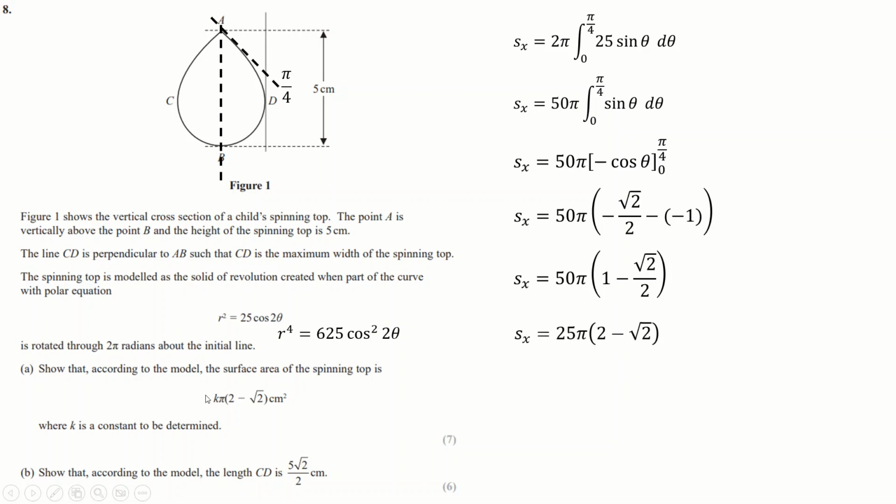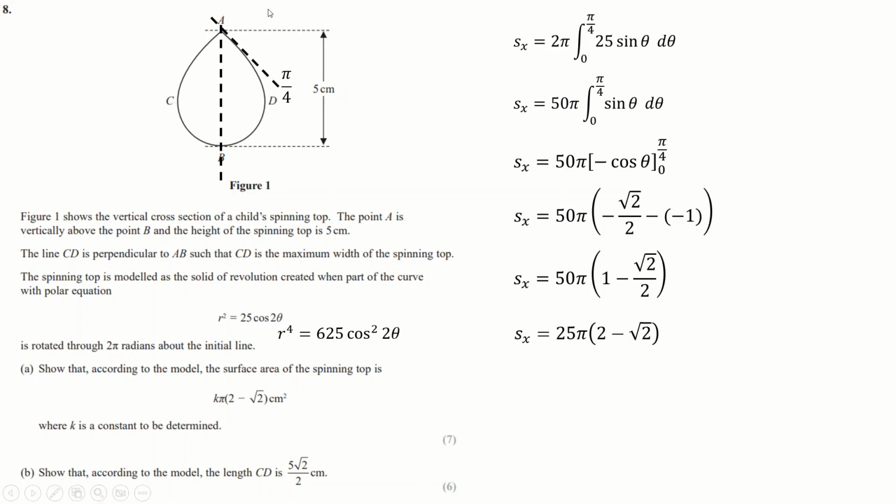So k is 25 will be the correct thing to do here. Okay, according to the model, show the length c to d is this. Now, the important point is d here. Now, this is Core Pure 2 stuff, where we want to find a line, or a tangent, sorry, to